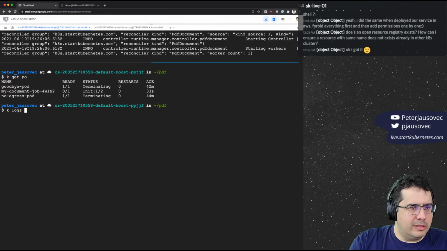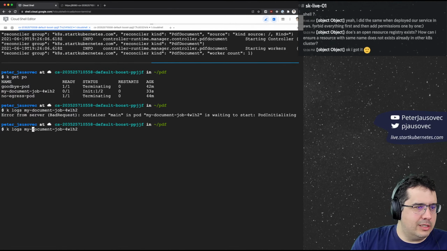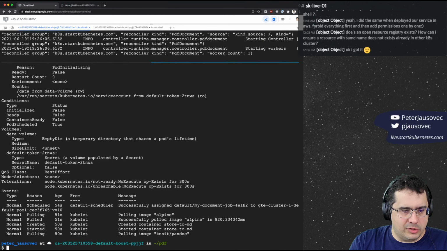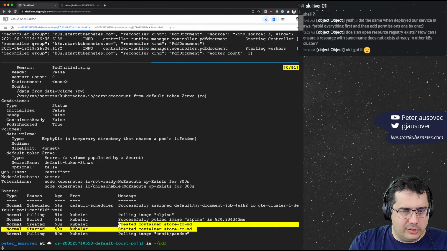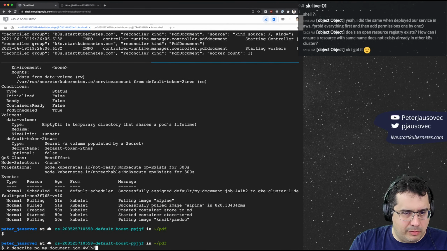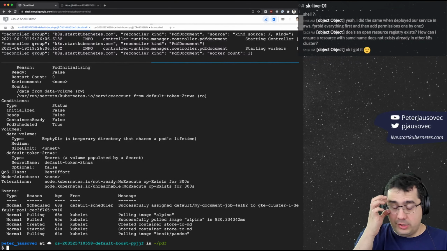I think we can look at my document job for this one. Okay, so it's still being initialized. We can describe perhaps. So it's still running, right? It's pulling the image. So the store-to-md container is done running. Now it's pulling the PdfDoc image. I think that image might be bigger or something. That's why it's taking so long. But as soon as this is done,